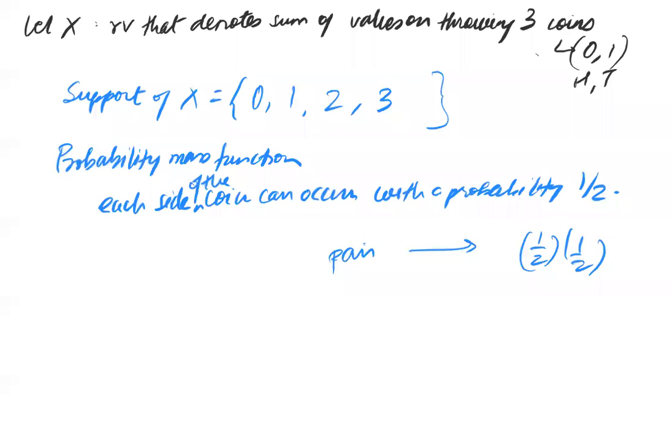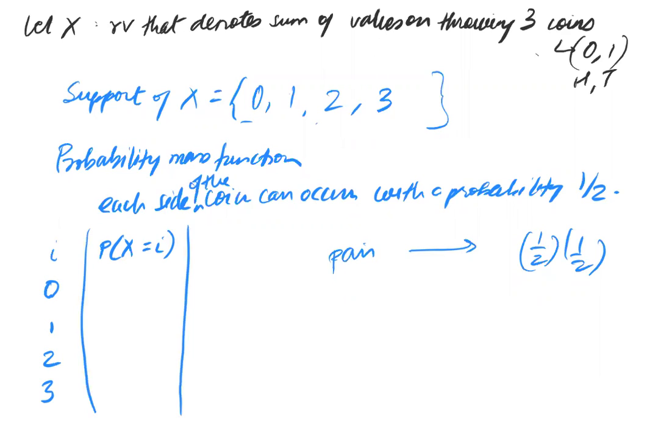So now we can write all the values that can be taken. So the first one is 0, 1, 2, and 3. And then we can have the probability mass function as P of X is equal to i. So what are the ways that 0 can occur? It has to be all heads. I'm just going to write it down right there. So this would be H, H, H. There's no other way of this happening. So it's just going to be 1/2